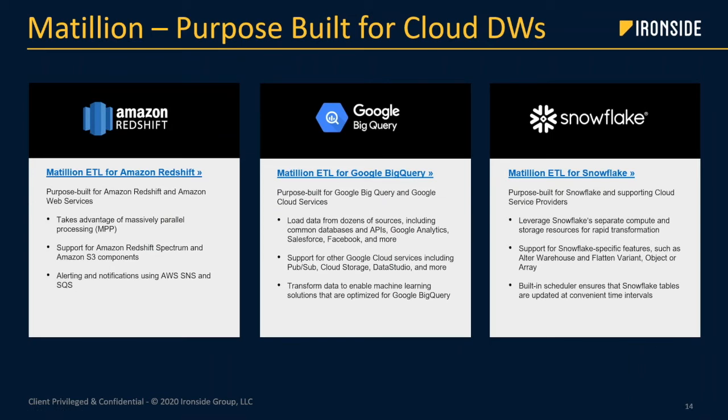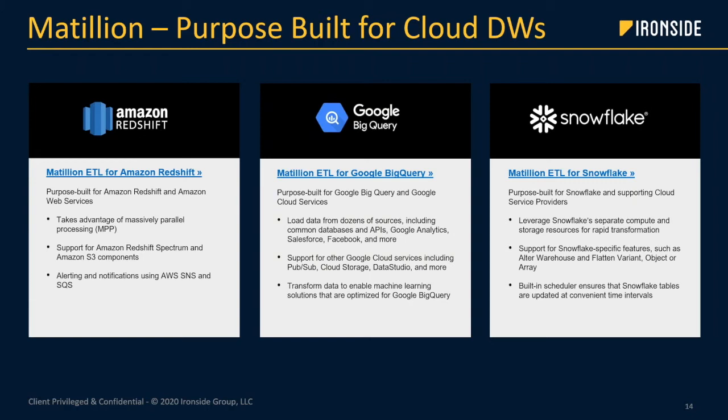Thanks, Dipankar. So, as hopefully you're getting a sense of, we have different products for the cloud data warehouse being used. You can see that here. We are target specific, so Redshift, BigQuery, or Snowflake based upon the product being used. One of the advantages is that Matillion is purpose built for that cloud data warehouse. Maybe you chose your cloud data warehouse platform for a specific feature that is very relevant for your business, something that you need. Well, Matillion is purpose built for those cloud data warehouses, and we're going to take advantage of all of the features available in that cloud data warehouse.